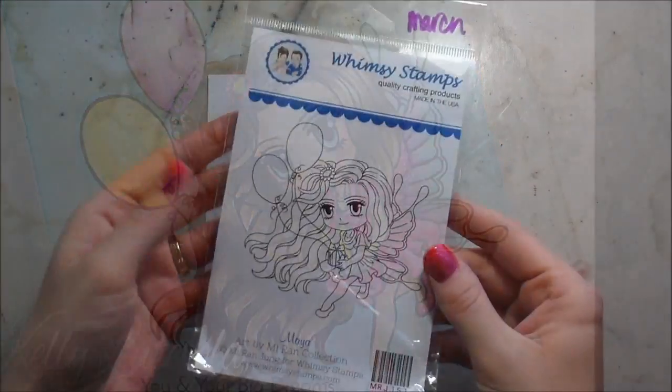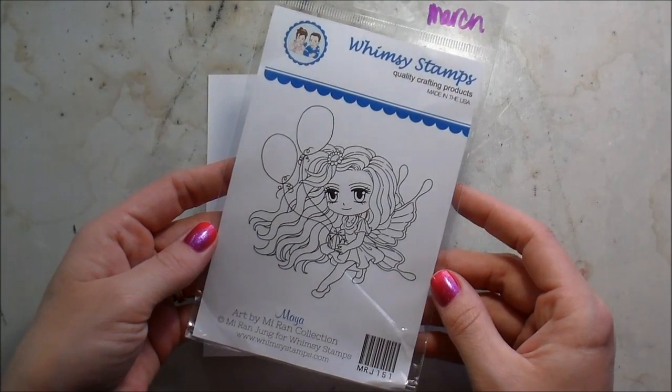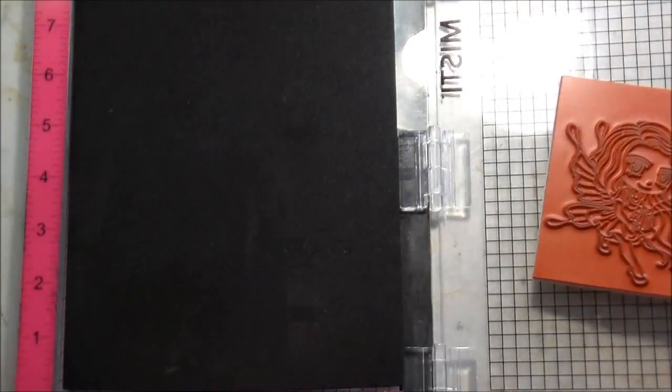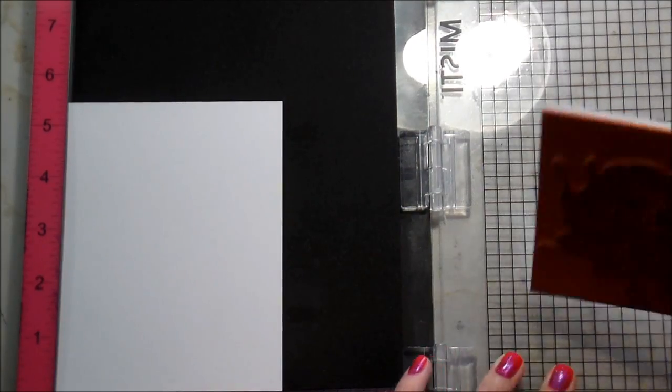Hi guys, it's Kelly, and I am here with the new Whimsy Stamps release, and this is a stamp called Maya, and it's by Miran. I think I'm saying that right. Anyway, it's a super cute fairy image, and here I'm going to use my Misty to stamp it because it's